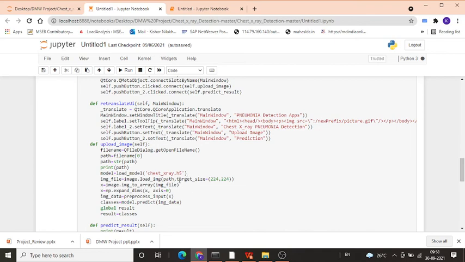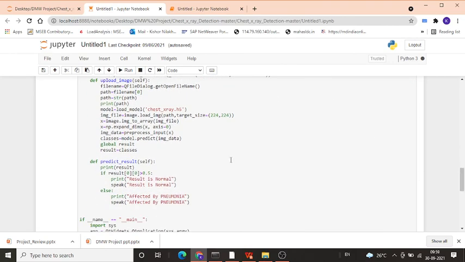Then when the image is loaded, this image file is converted into a binary array and saved into X. Then this X is expanded as a parameter and saved again into X. Then pre-processing of this input X happens and it is saved into image data. Then this image data is provided as the input for the classes. As I discussed earlier, the classes will provide the output as 0, 1 in that range.